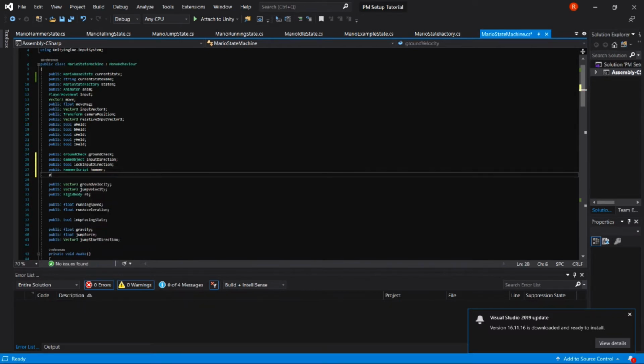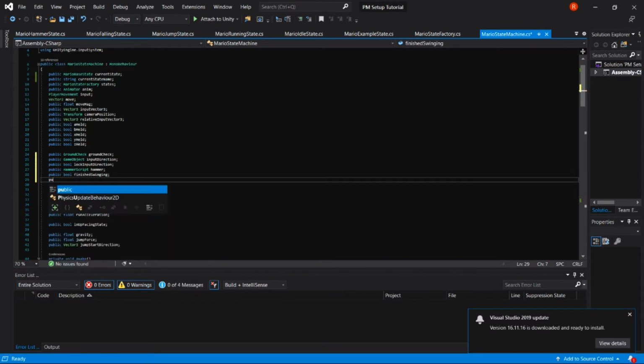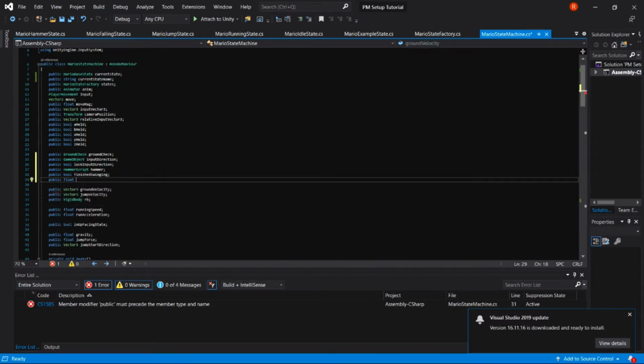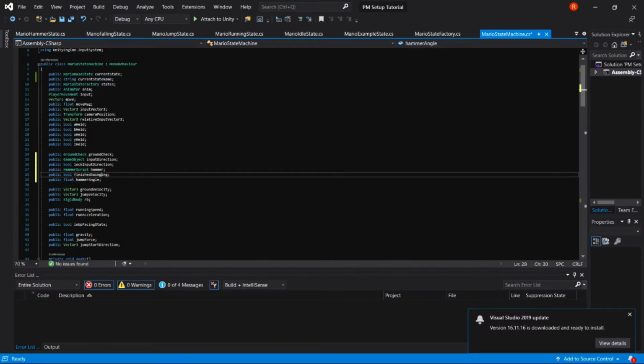We're going to have a public bool finished swinging, and we're going to have a public float called hammer angle. So finished swinging will be used to determine if we finished swinging the hammer, and hammer angle will be used to determine what animation Mario should go into based off of which direction he's pressing. So if he's pressing up, he should have the animation of swinging the hammer upwards instead of hammering to the